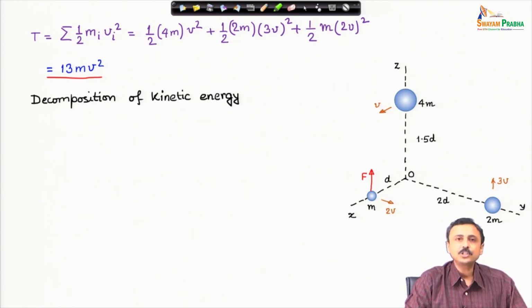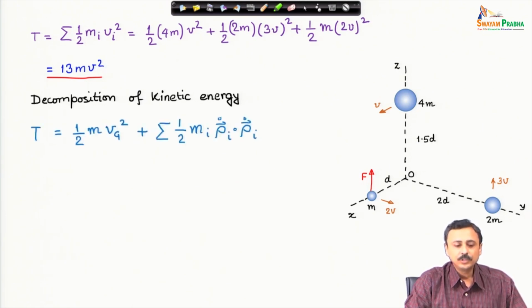Let us look at the decomposition of kinetic energy. This we have discussed in a previous lecture. As we have noted, the net kinetic energy of a system of particles is composed of the kinetic energy of the center of mass with the whole mass concentrated there, plus the kinetic energy of the system of particles about the center of mass because of their motion about the center of mass. So, that constitutes the net kinetic energy of the system. One is the kinetic energy of translation of the center of mass, the other is the kinetic energy due to rotation of the system about the center of mass,